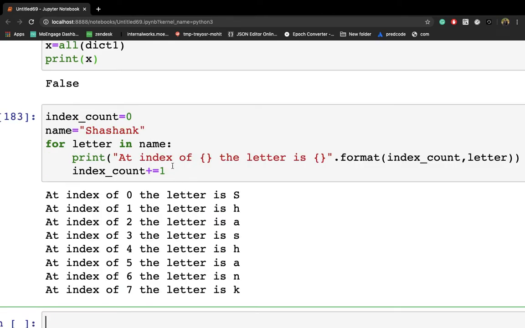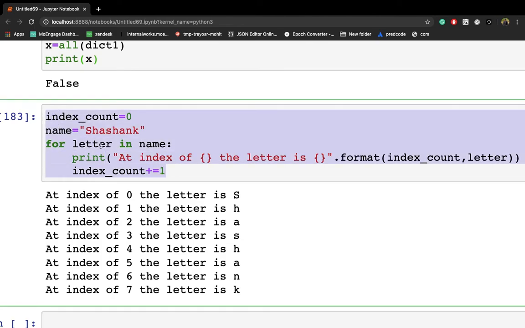If you execute this, you will get at index 0 the letter is S. My main motive for writing this code is to iterate through all of the elements and know the index position of the letters of this string. So at the 0th index the letter is S, at the first index the letter is H, at the second index it is A, right? Similarly we can print the index of the letters inside this string.